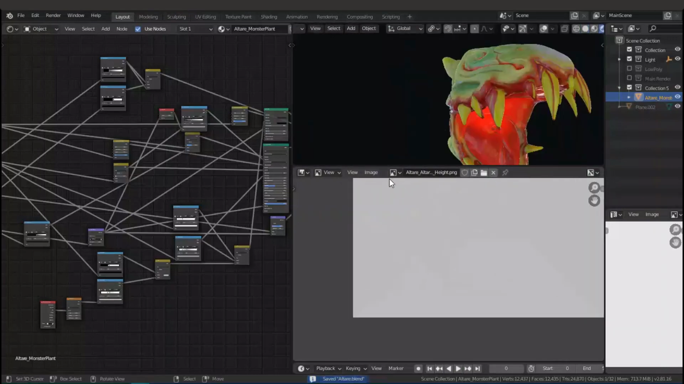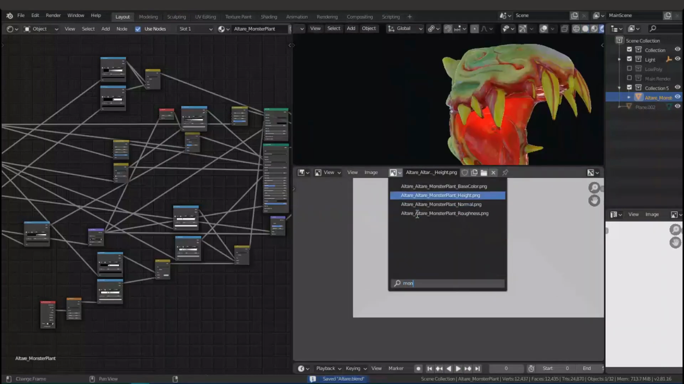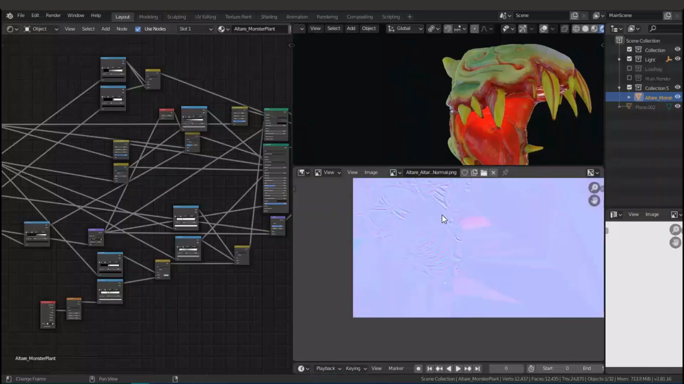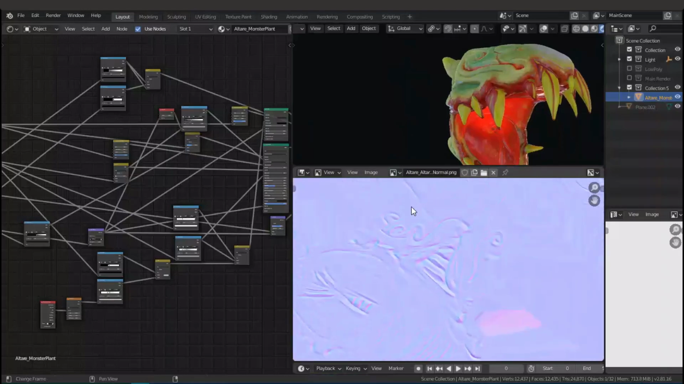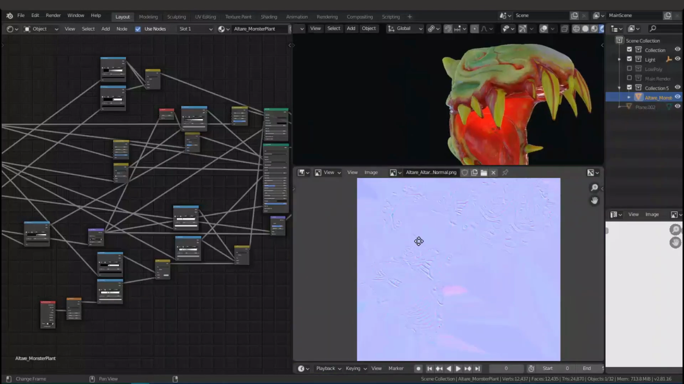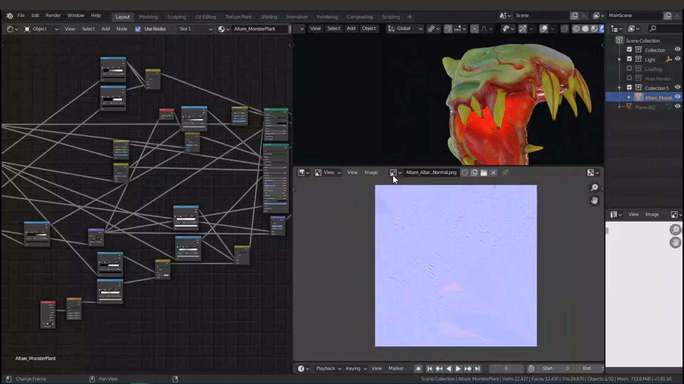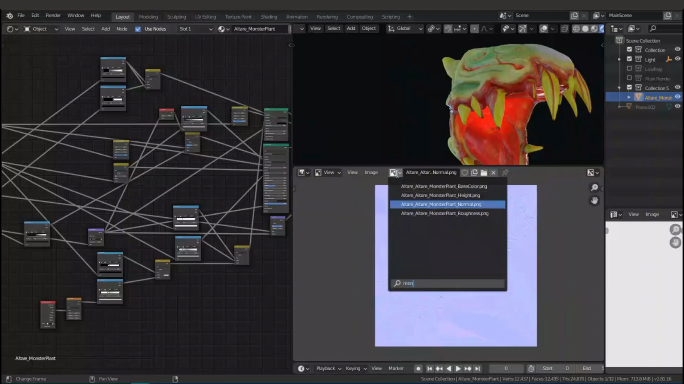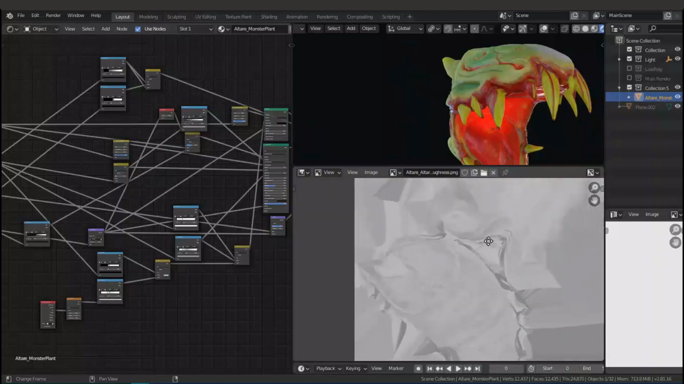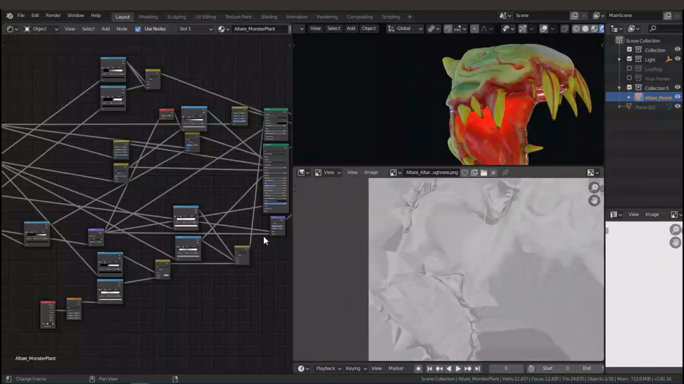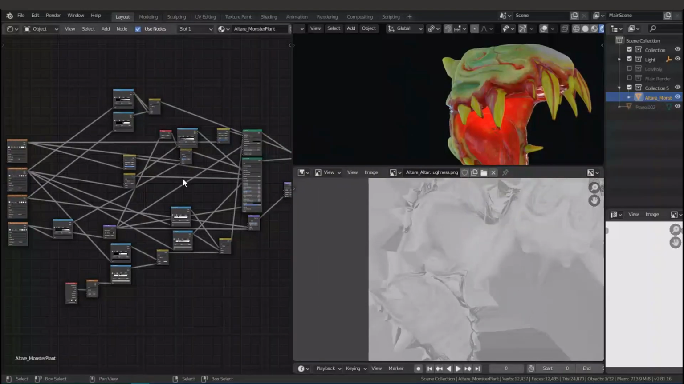So let's look at the normal. As we can see right now, it's got the normal. This is the normal map. This is a 2K resolution, right? So the last is the roughness. Yes, this one, the roughness, and we will be manipulating that using our node editor right here, or shader editor,